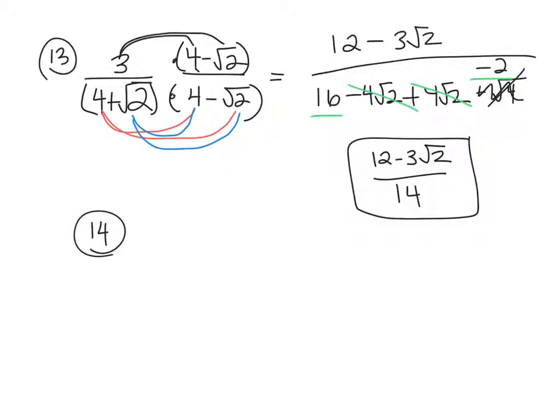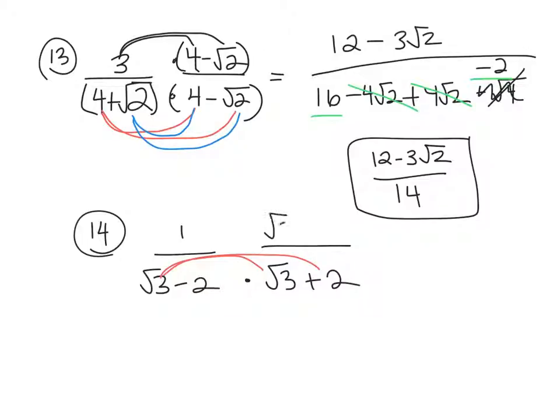We have some different problems after this. Let's do 1 over the square root of 3 minus 2. To solve this one, you're going to multiply it by the square root of 3 plus 2. So FOIL it. On the bottom, you're going to multiply the numerator and the denominator both by radical